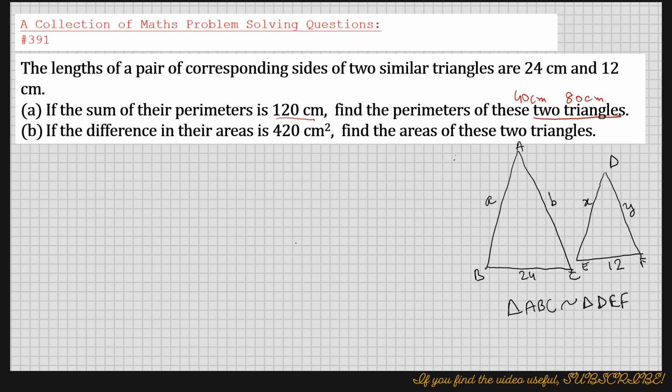If I drop a perpendicular, like this is height 1 and this is height 2,